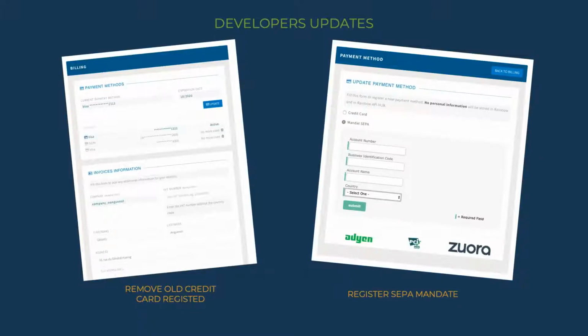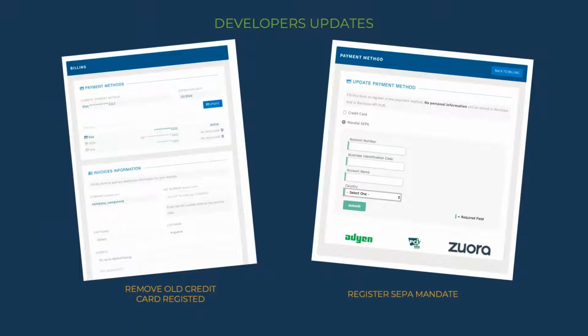Now, if we have a look at the last improvements we made in the last 2 months, first we added some new features to the Rainbow API Hub. The first is in the billing section, where we added 2 things. The first is that you are now able to configure a SEPA mandate when using Rainbow and doing business from a European country.